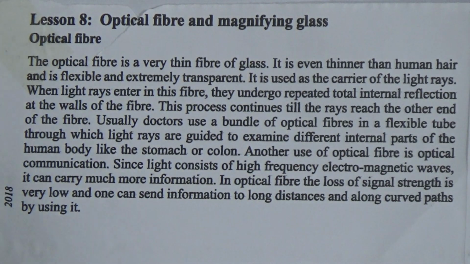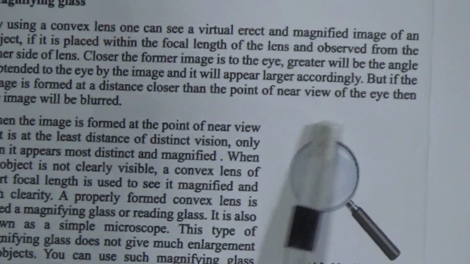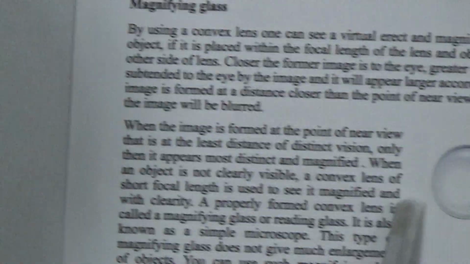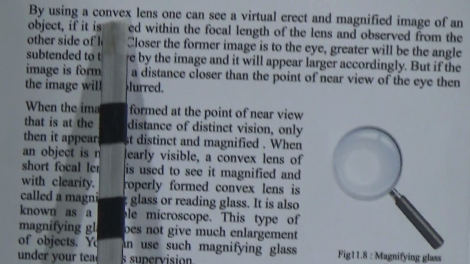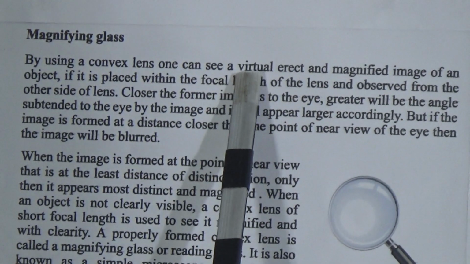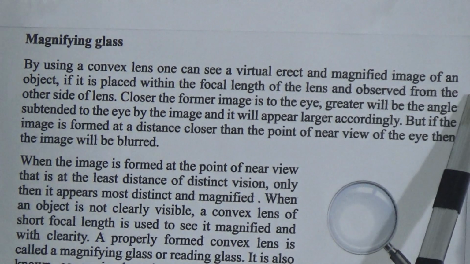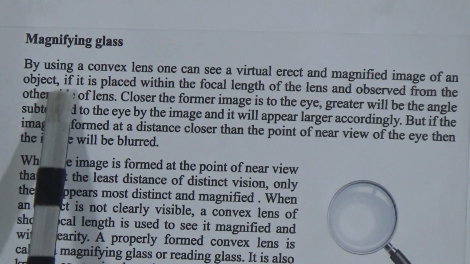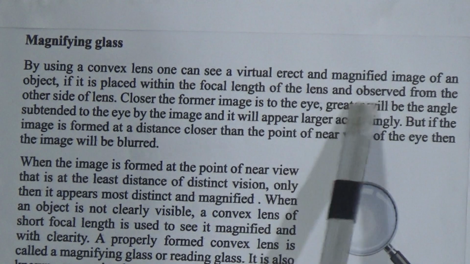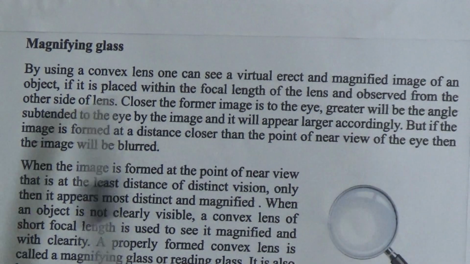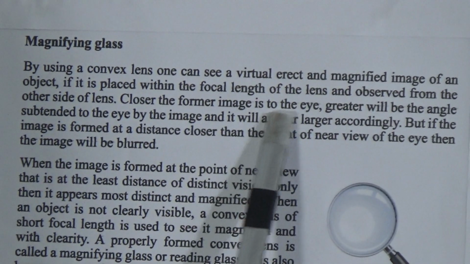Now come to the magnifying glass. This is the picture of a magnifying glass, and this is known to you because in all science boxes you have a magnifying glass. By using a convex lens, one can see a virtual, magnified image of an object if it is placed within the focal length of the lens and observed from the other side of the lens. The closer the image is to the eye,